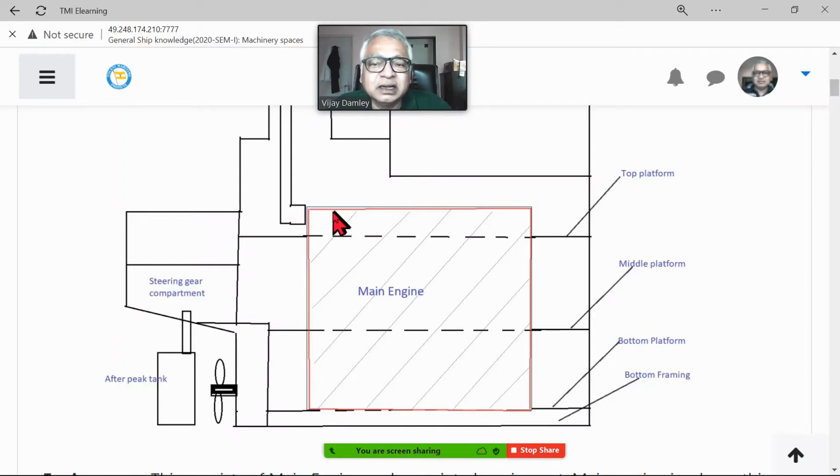And then on top of it we have got more freedom, because then there is a roofing structure, and then maybe some raised areas here and there. That is how it is when you fix up things. Now, when we see a video we will see it, but every ship will have this bottom framing, then the engine is bolted on it, and the engine goes about 10 to 12 meters in height, and it is surrounded by platforms. One is the bottom platform, one is the middle platform, one is the top platform.